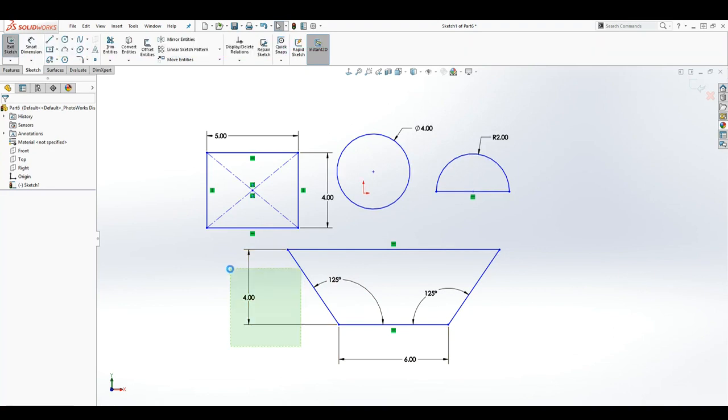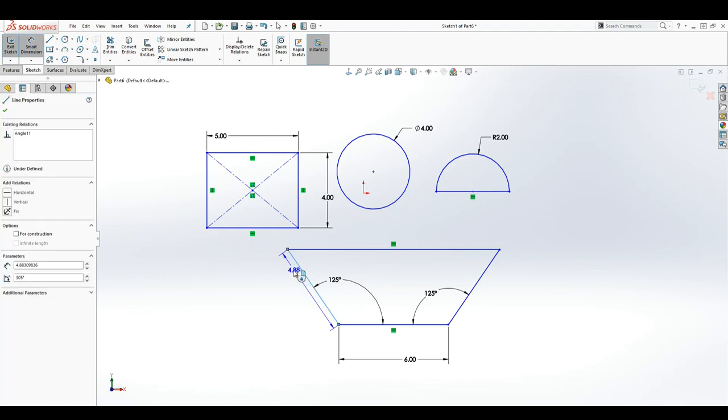So let's delete this 4 dimension. Let's say we want to add another dimension to this line, but we don't want to add it from this point to that point. We want to add it the way this line is angled. So we'll select our smart dimension, select that line, and as you can see, it's adding the 4 to it, but to